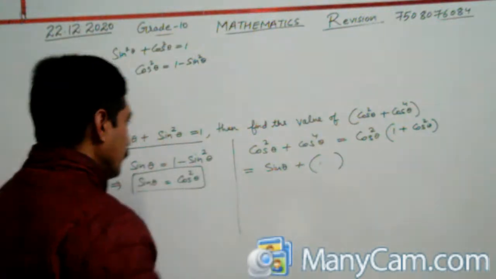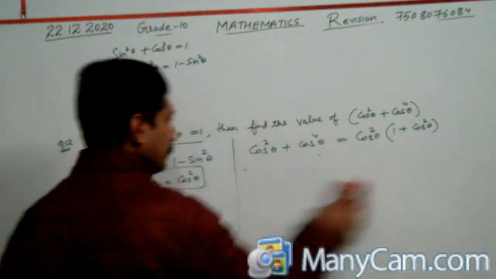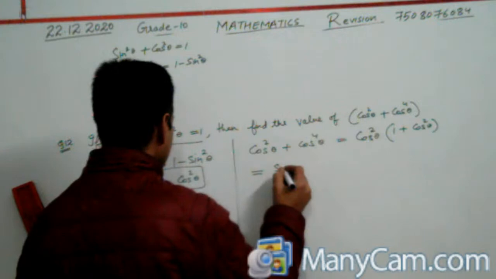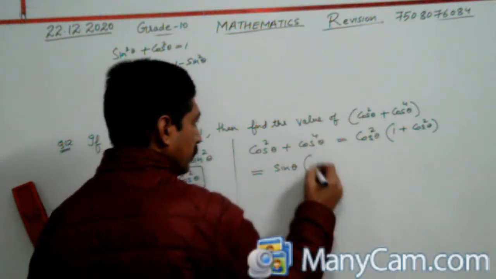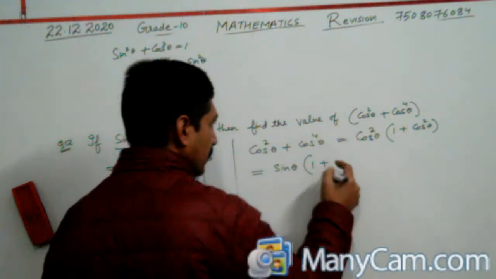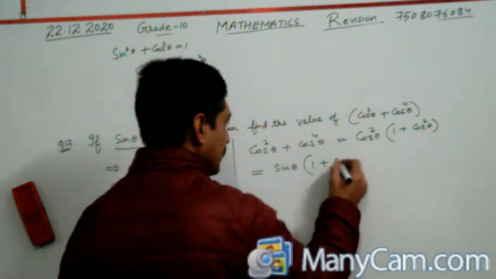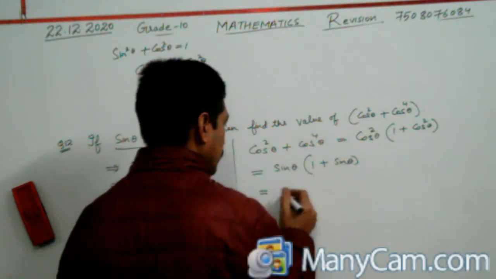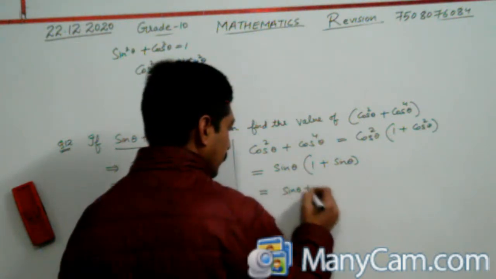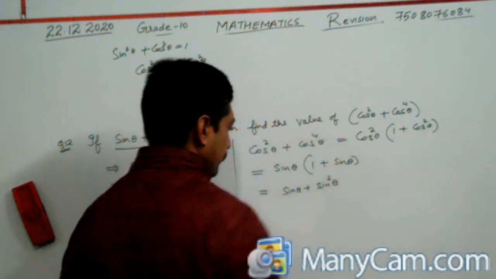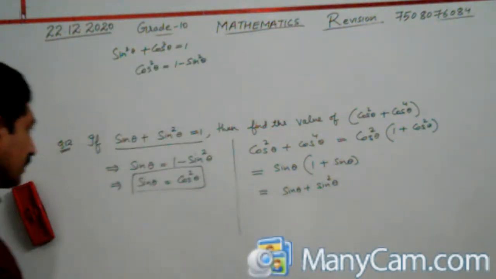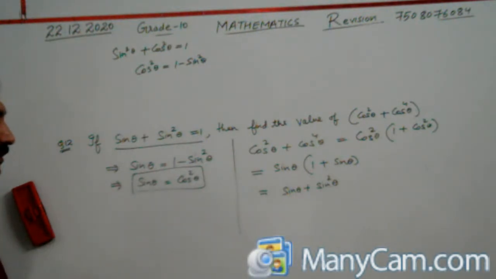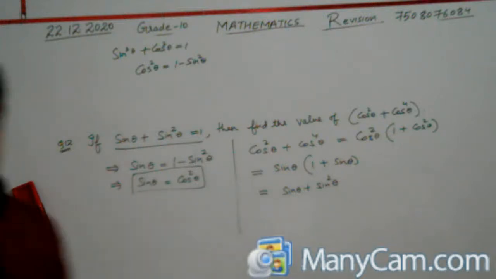In this way also, what we can do, we can substitute the values, that is sine of theta into 1 plus sine theta. So here we have sine of theta plus sine square of theta,